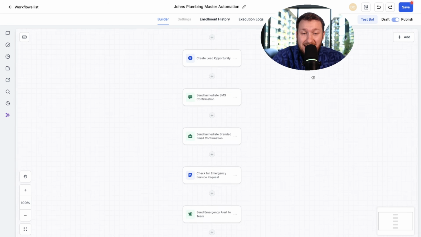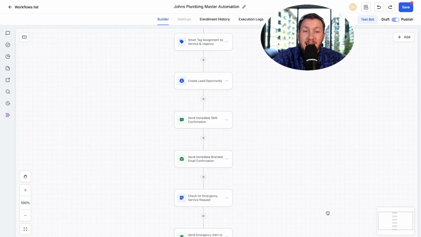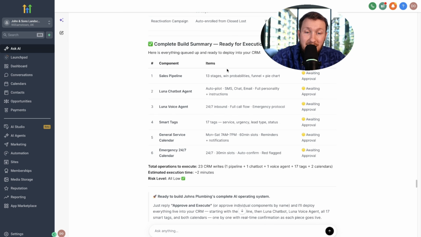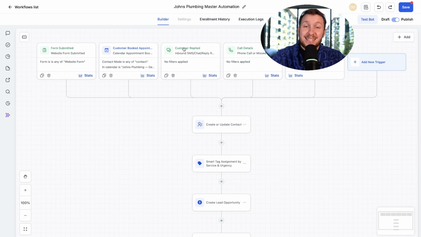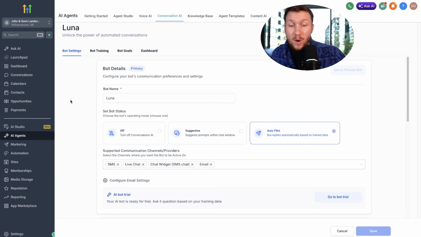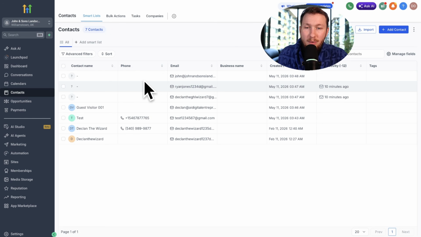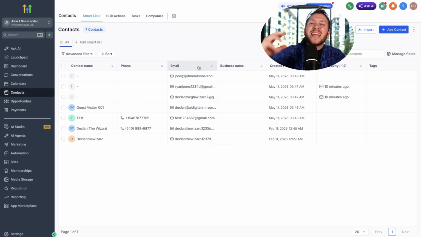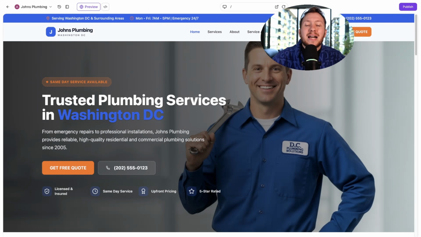But that's it, guys. That is how powerful this is. There's really nothing like this, guys. You just saw me right in here go through this and this with one master prompt, and it built all of this. And as you saw before, it was working. It built out all of the AI agents. It built out the entire CRM that's set up and moving. It's done it all. The tags, the website. I mean, guys, this is absurd. I have never seen anything as powerful.